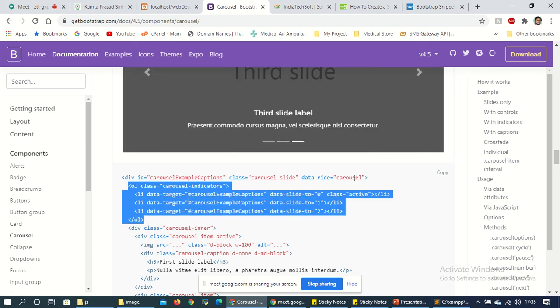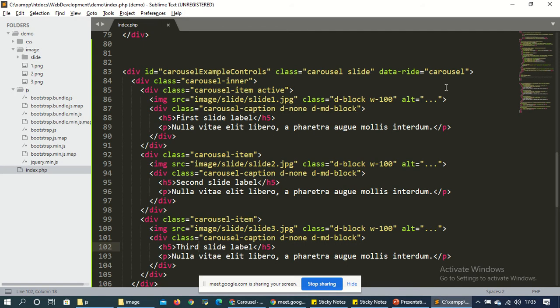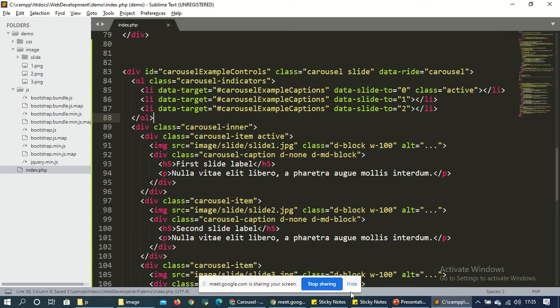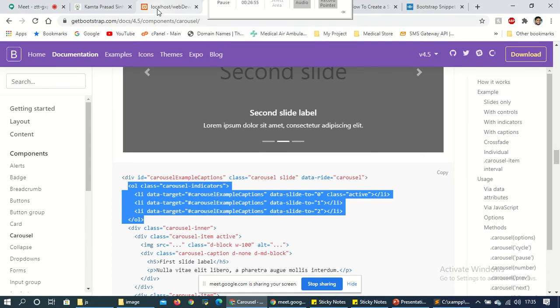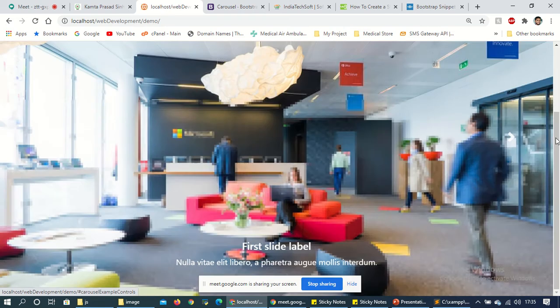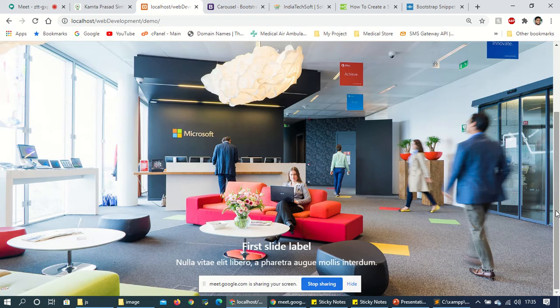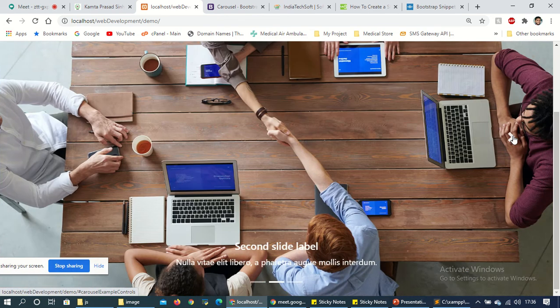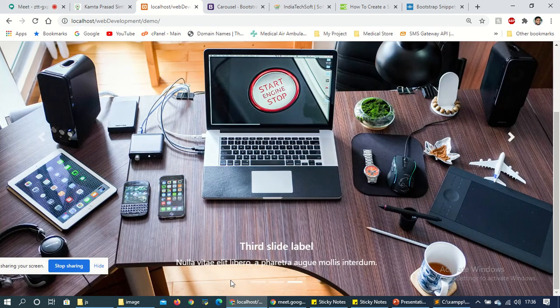Copy. After this carousel, you have to paste. So here, just paste. So here we are getting one, two, three. So indicator also we are getting. Now, but if I click here, it is not working.